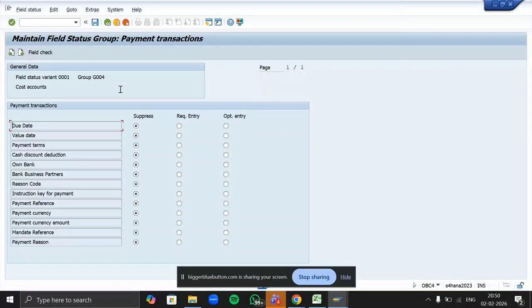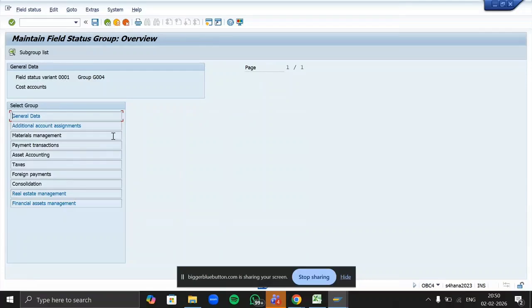So now if you want to make any changes related to the payment related fields, for payment related fields, we do have this many options. While making any payment, if you want the due date to be mentioned over there, then you have to make it required. If you don't want to have that field available at all in that particular screen, then you can make it suppress, hidden. Or if you want that field in your screen, but it's fine if you don't mention any details, then make it optional. Okay, so this is how you can manage your fields.